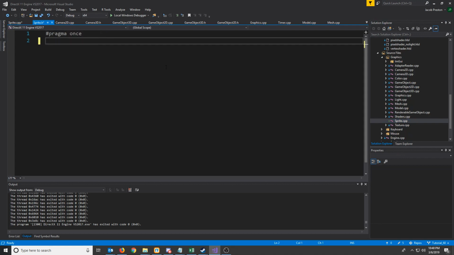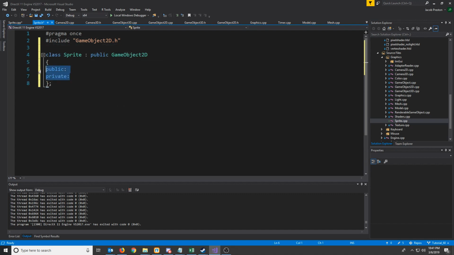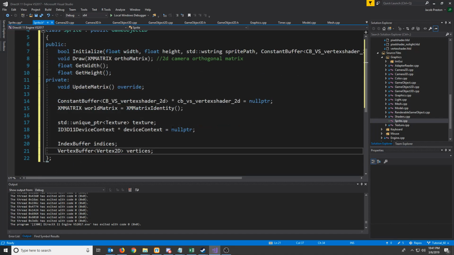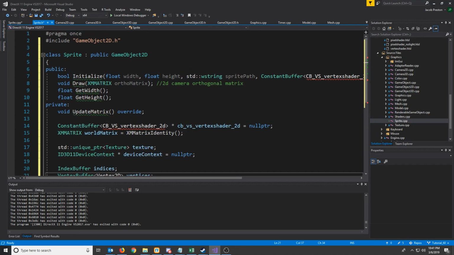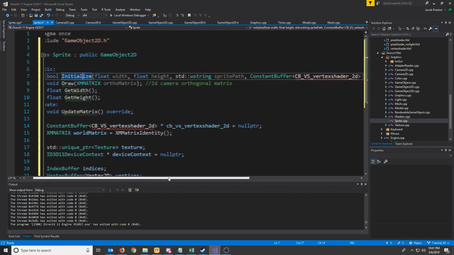So we know that we will be inheriting from a 2D game object for our sprite class. So let's include GameObject2D, create this sprite class, and inherit. And this is going to be our prototypes. So first we have initialize. And initialize is going to take in the width of our sprite, the height of the sprite, the path to the sprite, the file path,